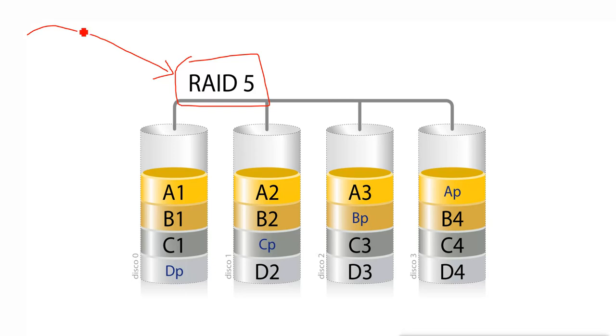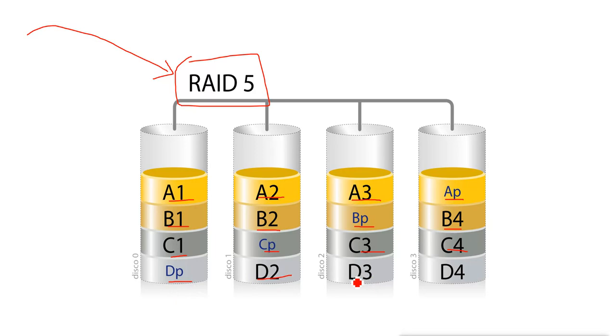When we store data into this RAID partition, what will it do? It will stripe the data. Striping the data means, as you can see here, A1 is written on the first disk, then A2 here, then A3 here, and on the fourth disk it writes the A parity. Then on the B disk, B1, B2, and here it writes the parity for it, and then B4. For C: C1, C parity, C3, C4, then D parity, D1, D2.